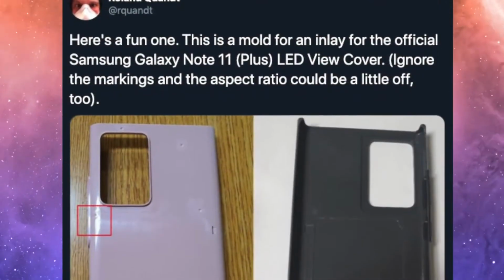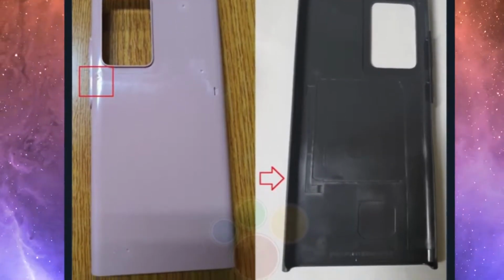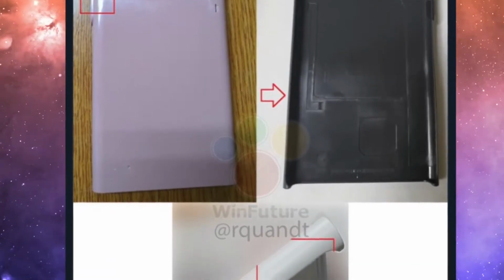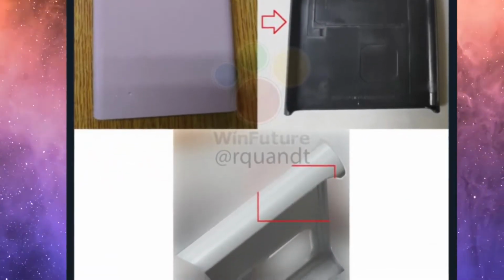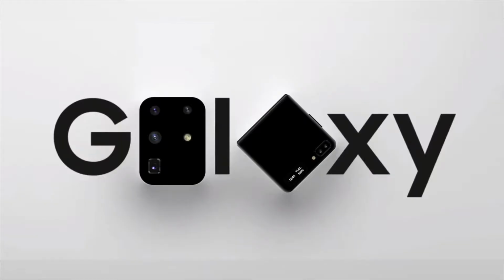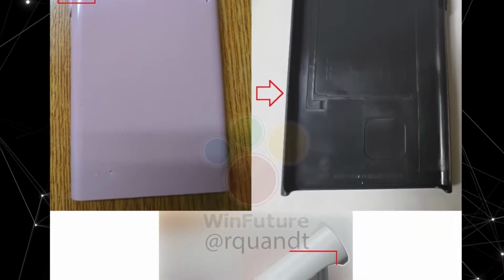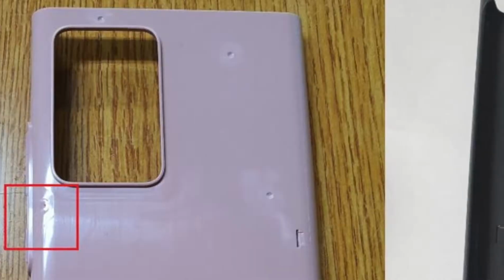According to Roland on Twitter, he's got a decent track record. He says that this is the LED cover for the Galaxy Note 11 Plus internally, which we know that it's going to be called Note 20 when it's out. Just like Samsung changed the naming for the S11 and called it S20, so it's pretty obvious. So the case is having a Galaxy Note 10-like shape with boxy corners and a huge cutout for that 108